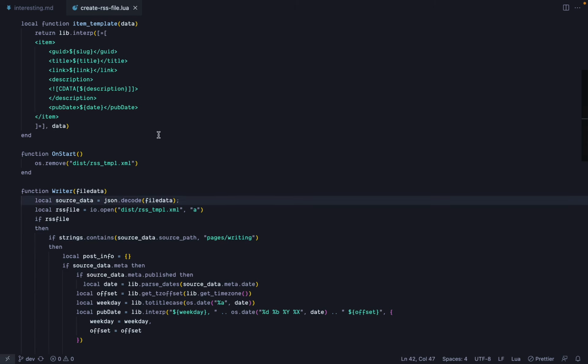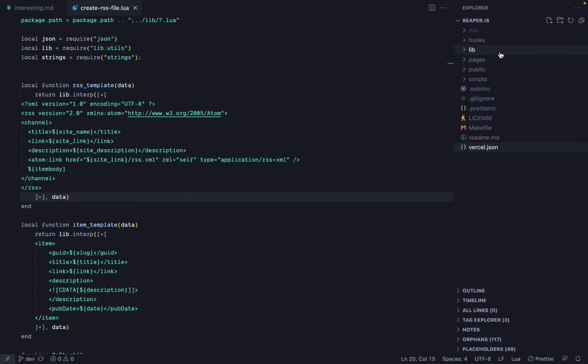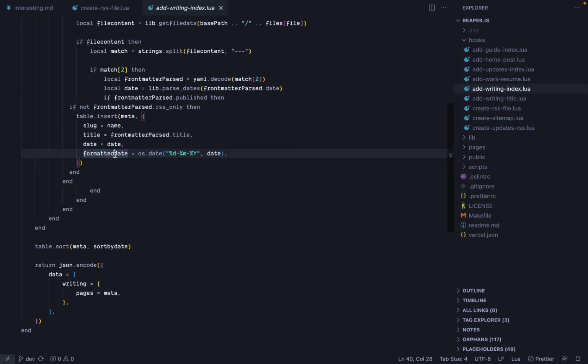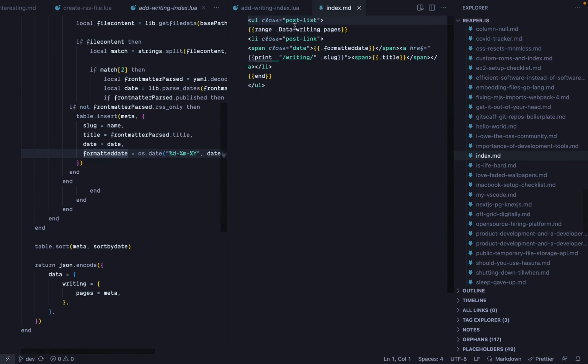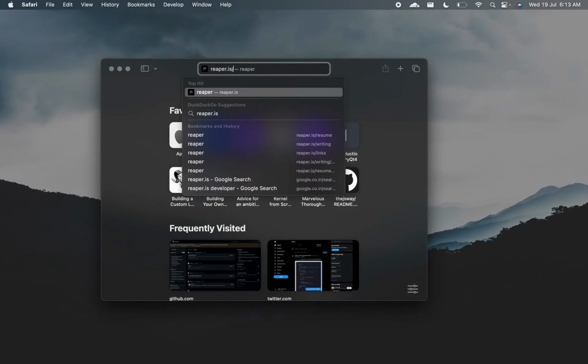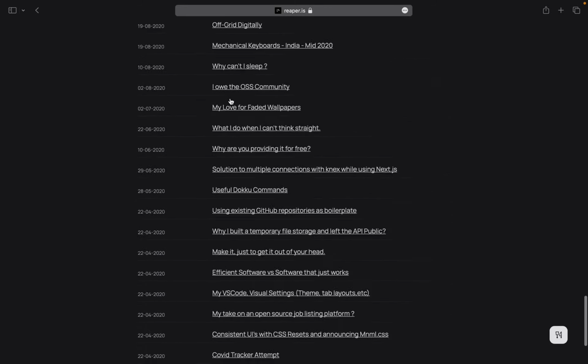Now this is basically a short demo as to what can and cannot be done, though there's a lot more that I do with my website. So there's the index building, which you would see in add writing index, and the actual writing /index file is just a loop going through the data value for writing pages, and you basically have every file that is a part of the writing folder given to you over here. So this is what constructs the /writing page. So this is constructed at build time for you,